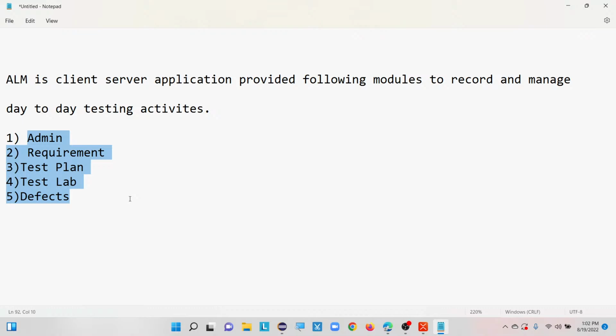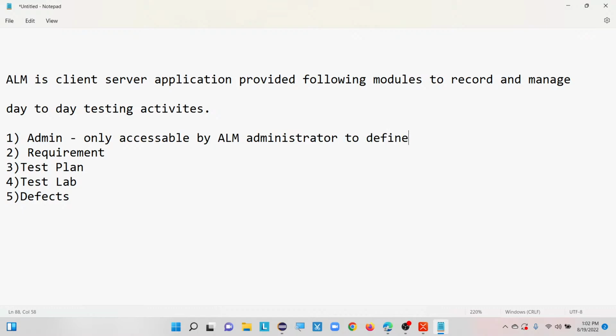So when you come to the admin module, this module is accessible only by the ALM administrator. Okay, the administrator is able to define and